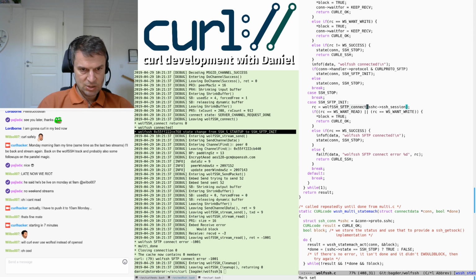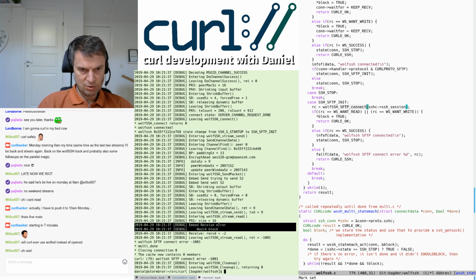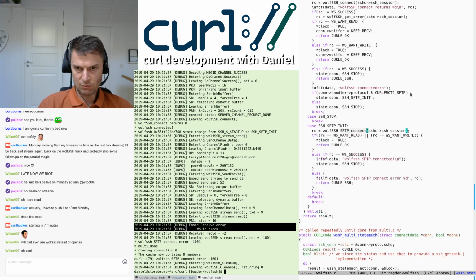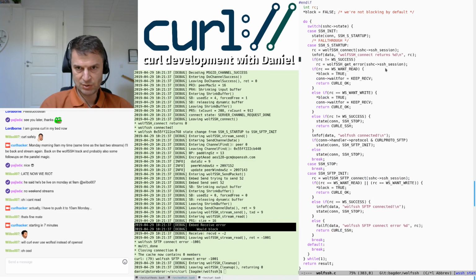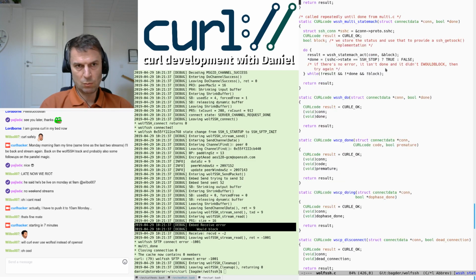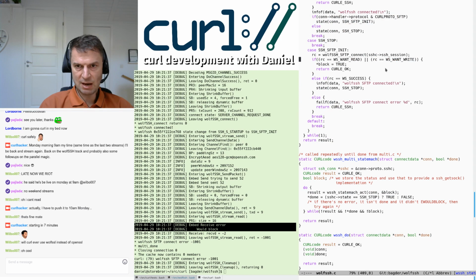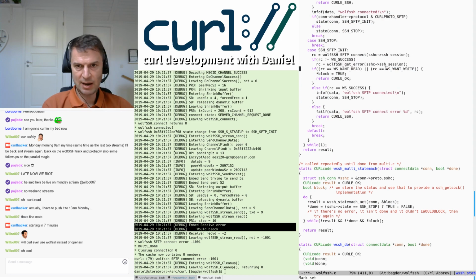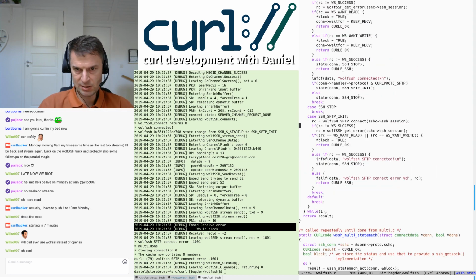And that too can return would block. Of course, most functions there, I mean, they have a non-blocking API, and we have a non-blocking API. So it's important for us to know that if we would block, we need to return and wait until there's data to read or write. So if it wasn't success, we get the actual error code,